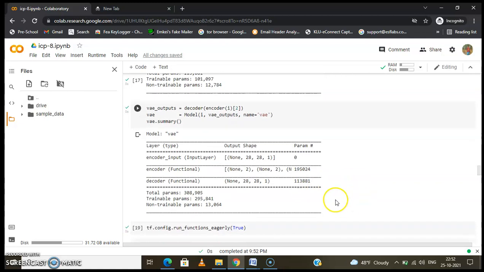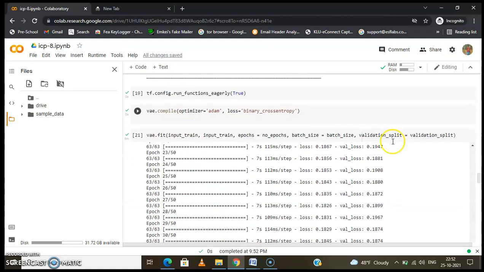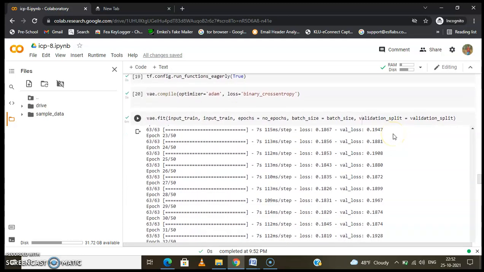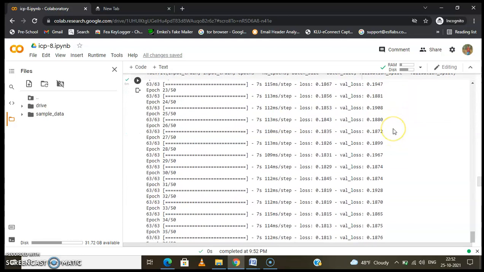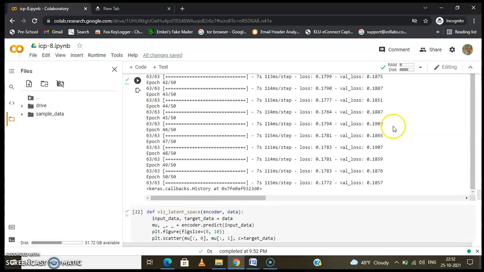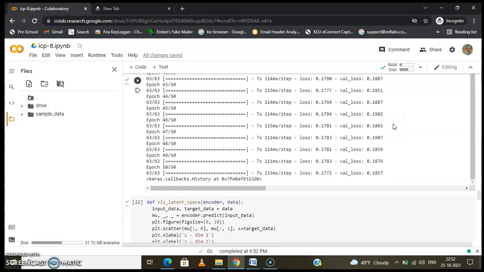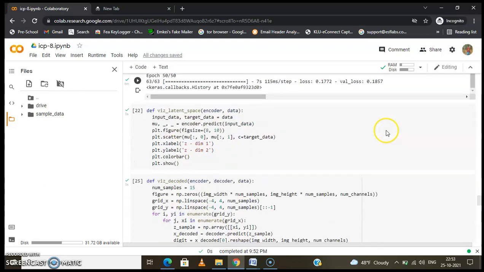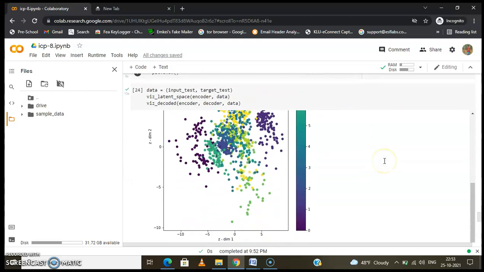After training we found that in our initial model we were getting some 0.1 loss. Here we have 0.18 loss, so we have an improvement on the loss.